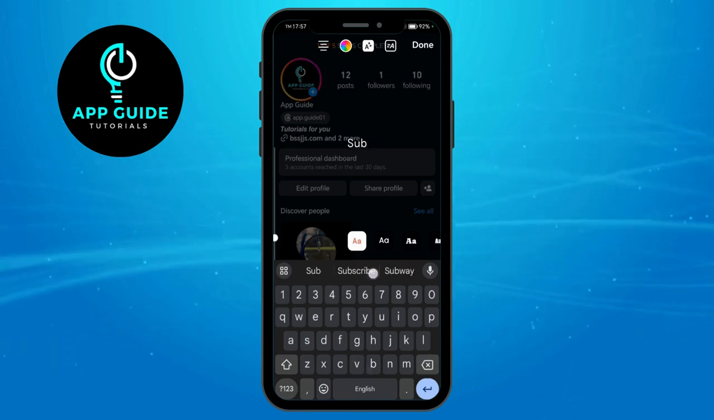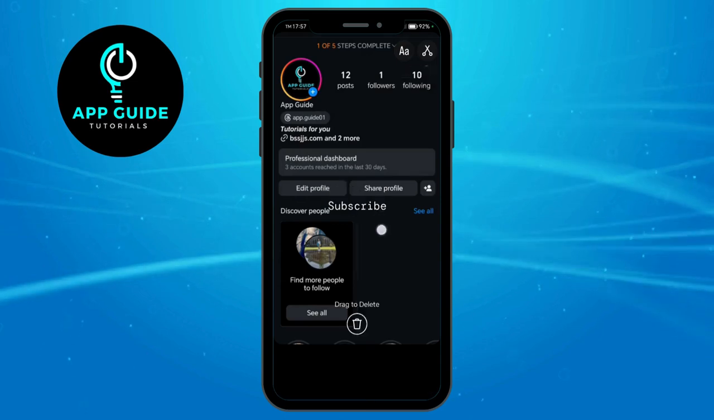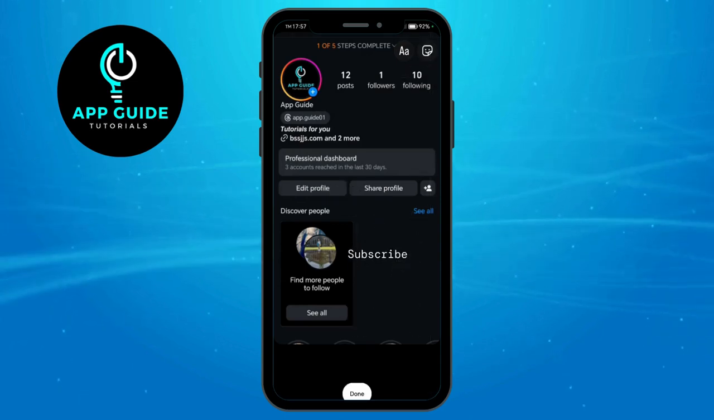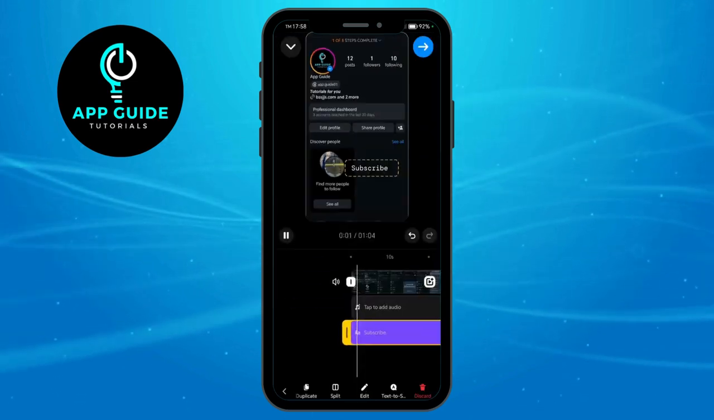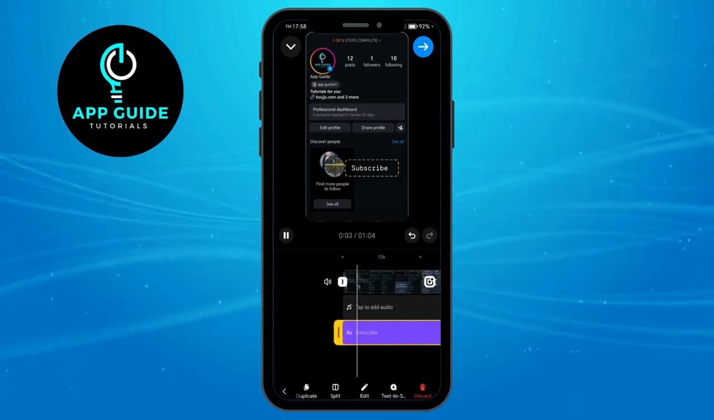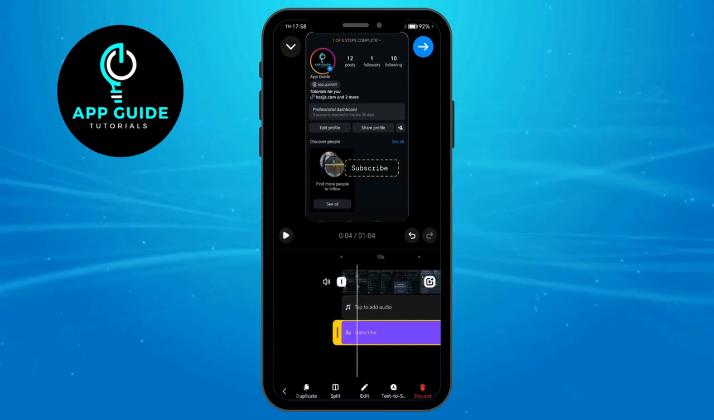Now, once you have added that, click on done, and then you can see it right here. Now, click on done in here as well, and as you can see, we have now the text. So in order to make this disappear, you need to just click on split, and then just position it just